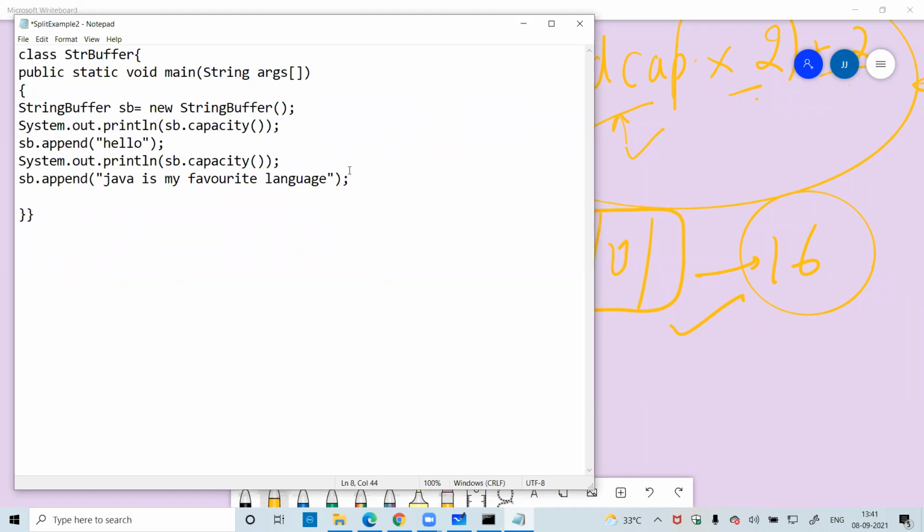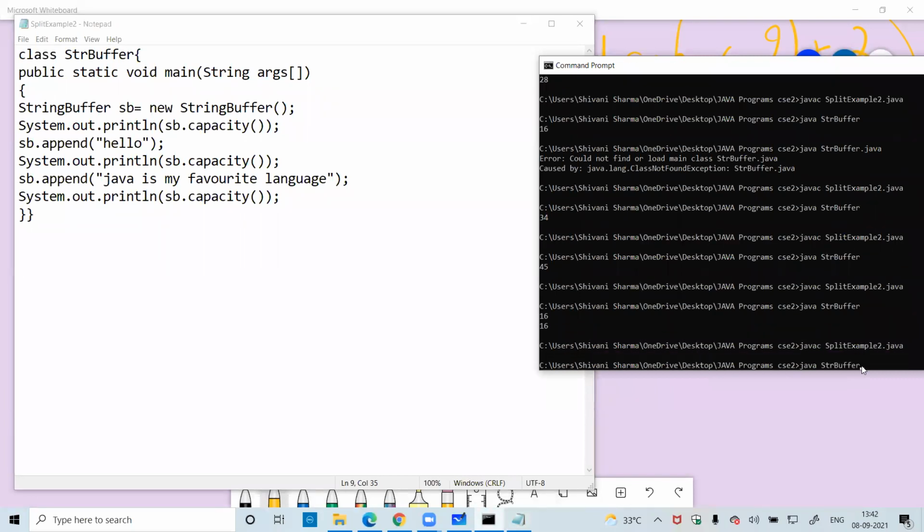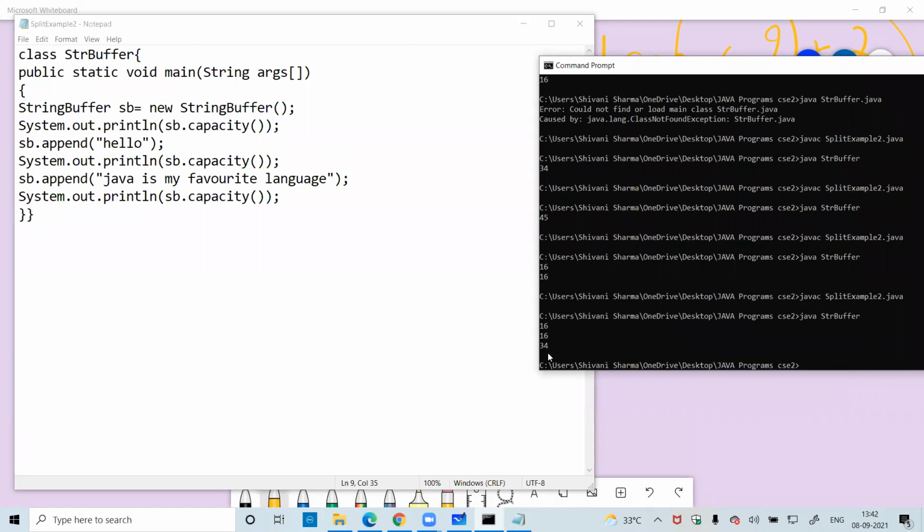Okay, now I'm going to copy this again and write it here. Now let's save the code and run it. Now you can see the answer is 34.